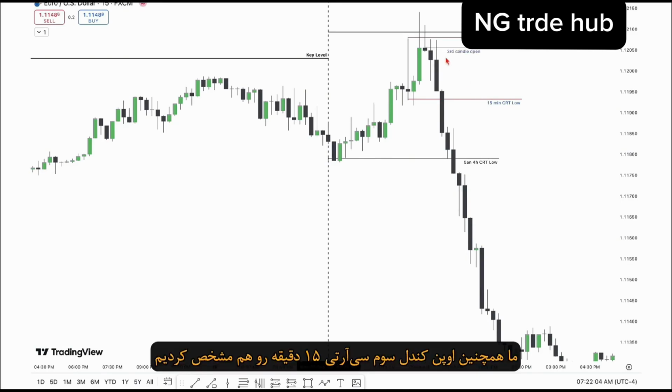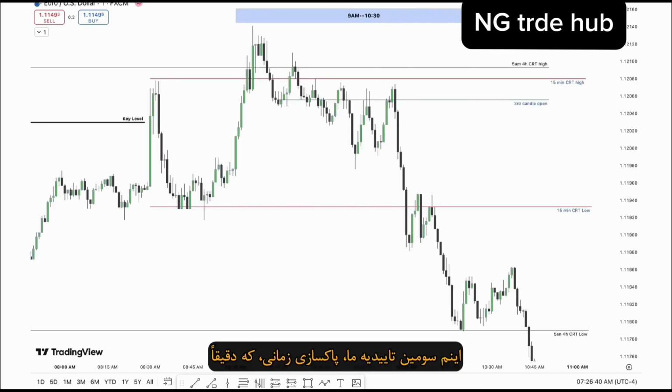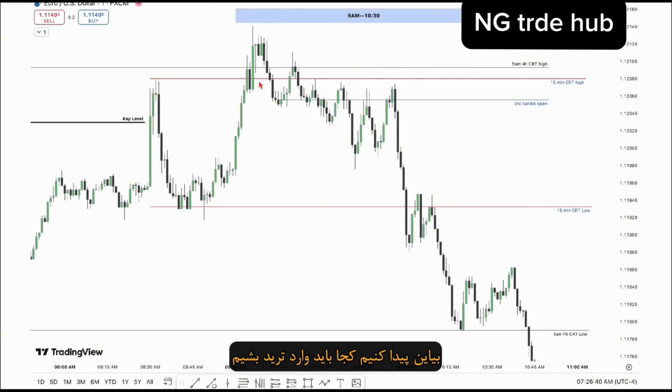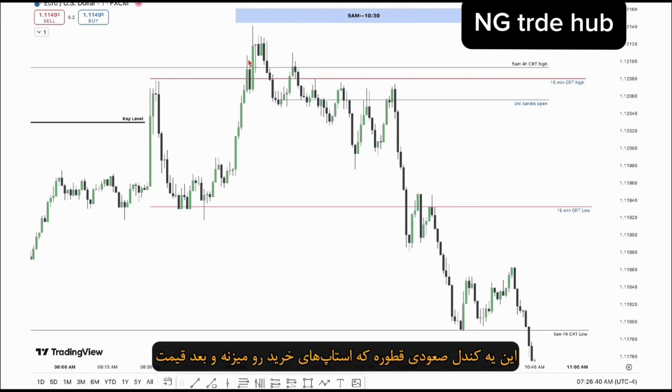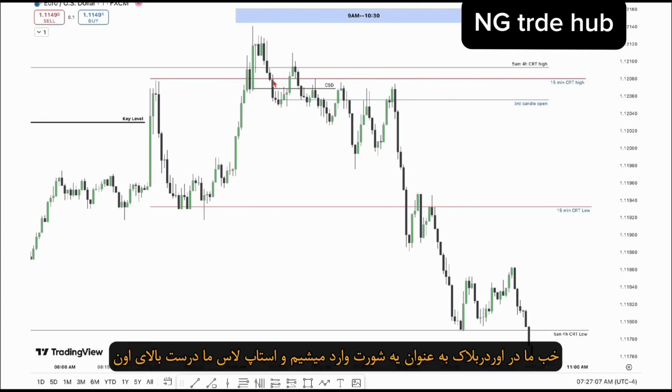We have also marked out the third candle open of the 15-minute CRT. So now hop on to the 1-minute chart to find our entries. Here is our third confirmation, the time purge, which is exactly happening at 9 a.m., and it confirmed our setup as valid. Let's find where to enter a trade. This is a thick up-close candle which takes out the buy stops, and then price closes below that candle, confirming a high probability order block. So we enter in the order block as a short, and our stop loss is just above that order block